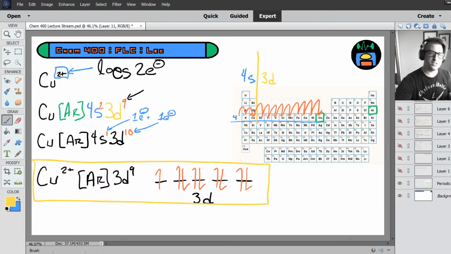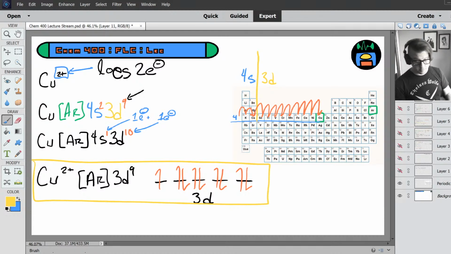The reason why I'm doing this example is I don't want you to think that having 9 electrons in your d orbitals or 4 electrons in your d orbitals is always wrong. It can happen, but it only happens when there are no electrons in your s subshell that you can promote. If that happens, you let it ride. Okay. All right, now at this moment in time, you can handle any electron configuration I can throw at you. So you at this point have the knowledge to do that.